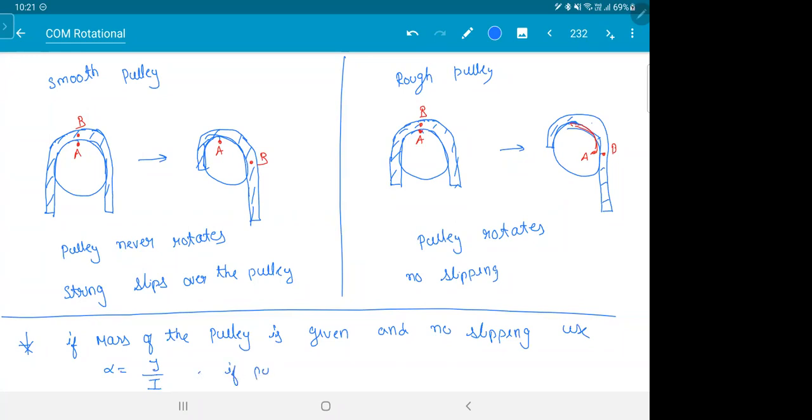If the pulley is smooth, then use acceleration is equal to net force by total mass. So it's a loss of motion problem. That is how you know whether the problem is from loss of motion or from rotation. The mass of the pulley, because in loss of motion, the mass of the pulley was useless. What will you do with it? That is the difference between this and the loss of motion problem. That is what should give you a hint what to use. So put it down. Have a look at this.